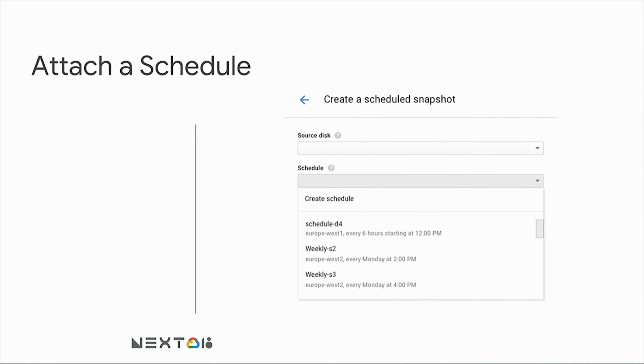However, what I will show you is how you attach a schedule to a disk. Now, at the top, you select the disk. Every disk today can only have one attached schedule. However, you can use a schedule for many, many disks. So if you know that you have some data that you want to back up every day, some data you want to back up every week, or, we don't have monthly yet, but it's in the works, or every hour, then you can set up those schedules singularly and then attach that to all the data disks that it applies to, so you don't have to manage many, many